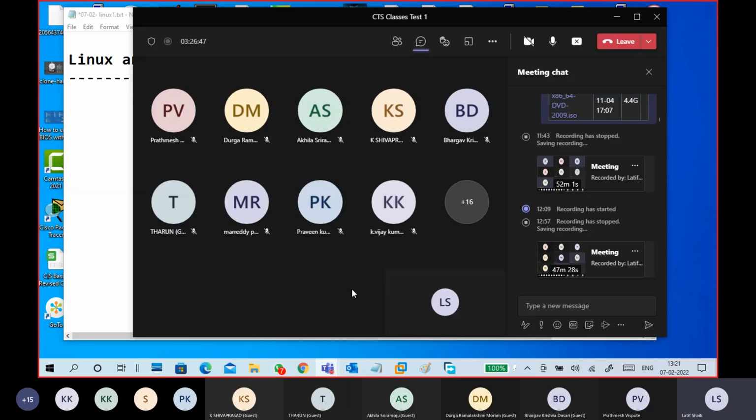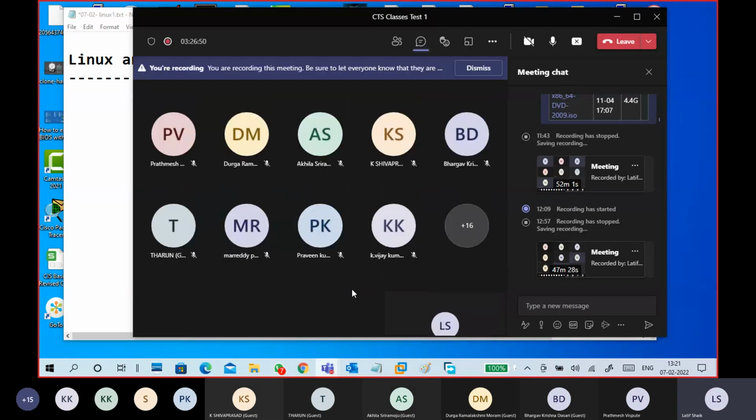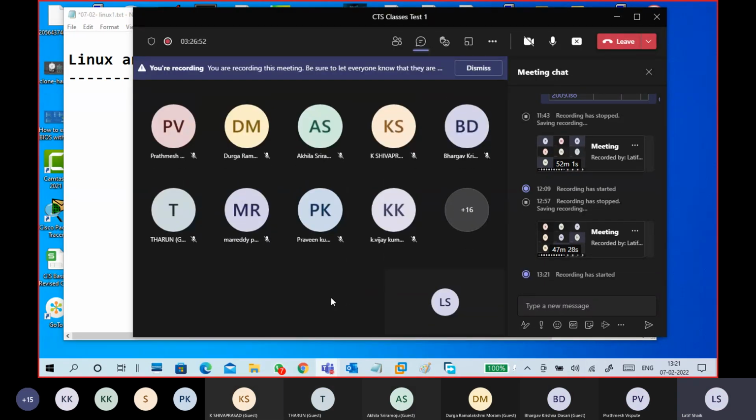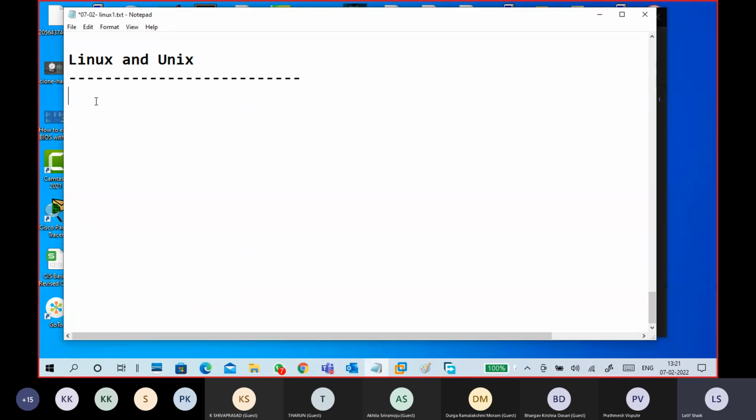Okay, so first one, you will get a time to do things. That's why I'm telling installation. Otherwise, I can tell afternoon also, no problem. Okay. First of all, download